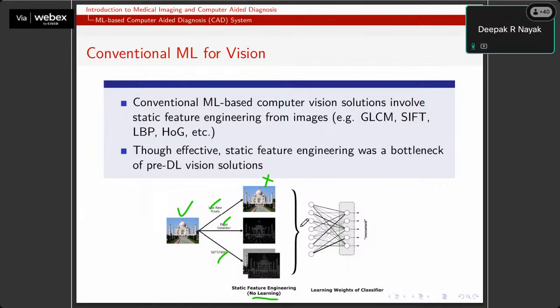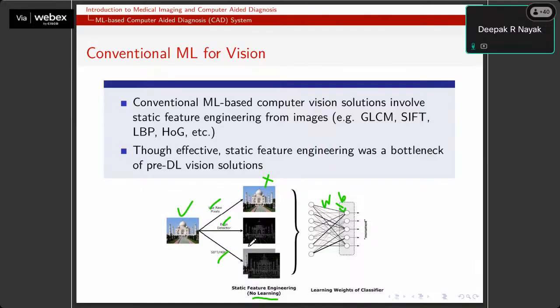What we're trying to do here is, in the classification stage, you can see we have weights, and there are biases also, and we are using some neural networks. We're learning the weights and the biases of the neural network. We're not making any learning in the feature extraction stage, and that is where we are missing something. That means the features are static, and we're not updating the features by looking at the output.